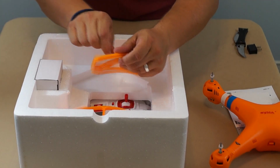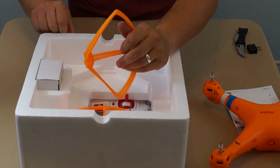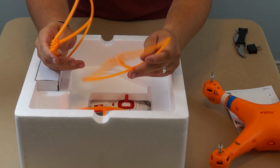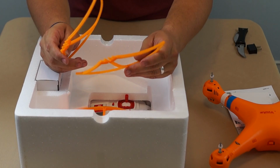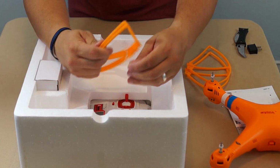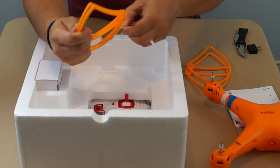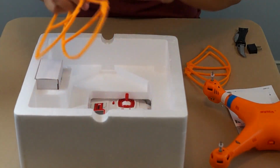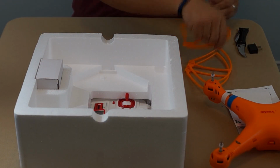Taped down we have the blade guards. If you're just getting started in flying quads, this is a good idea. It protects your blades from breaking whenever you crash, because inevitably you're going to crash. We got 4 of those in here, also orange. Well, this one got attacked by some tape, so give me 1 second. There you go. So 4 blades,